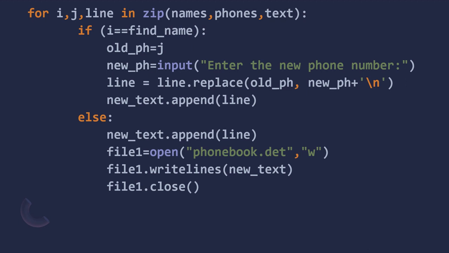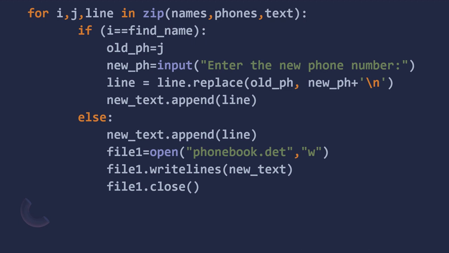Now line is equal to line.replace(old phone number, new phone number). So by using the replace function, we can replace the old phone number of that particular line with a new phone number, and you can add a newline also with the line. Now, new text is a list which you have already created. With that, we have to append this particular line, which is updated or modified. Now, the else part will check else also new text.append that particular line. That means the other lines will also be appended in the new text.